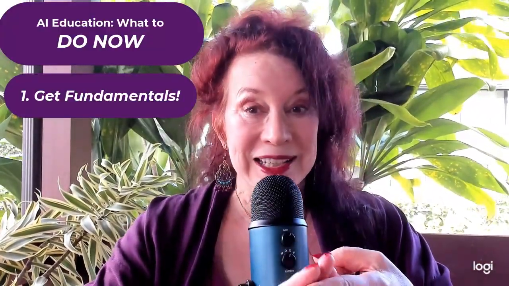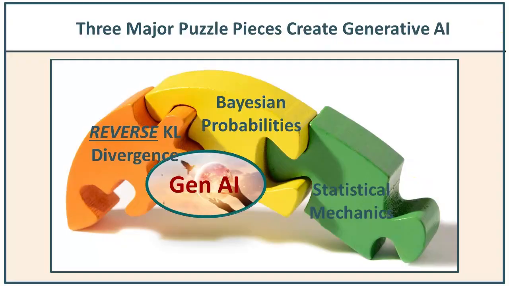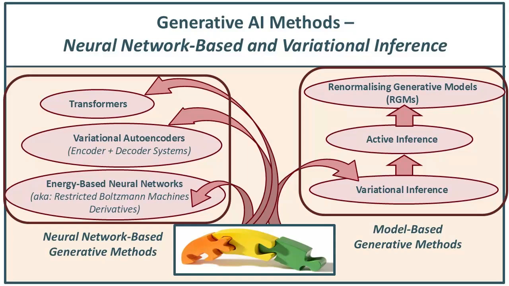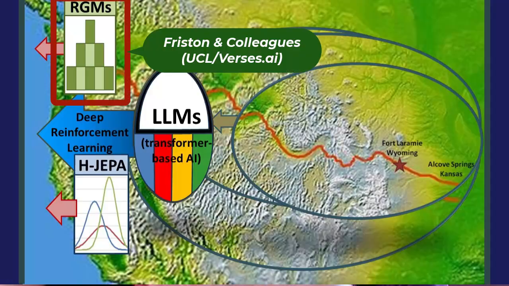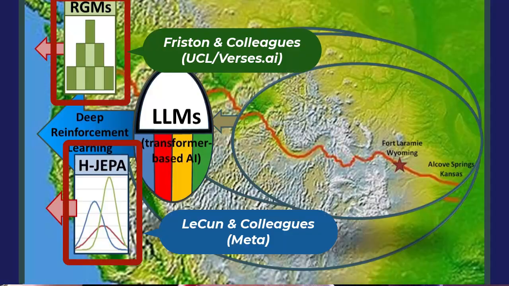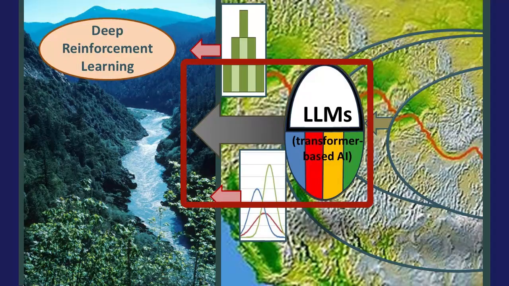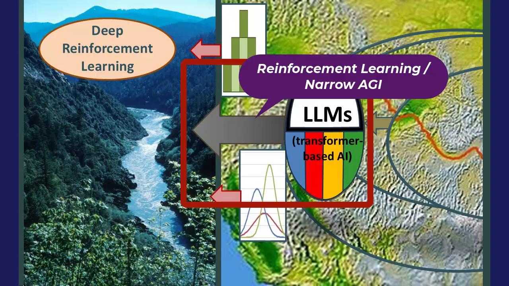Number one is that basic education in generative. And I don't mean prompt engineering for chat GPTs. No, I really do mean those fundamentals, the theoretical foundations, understanding how they contribute to all aspects of generativity. Second, getting your people qualified in the outer edges, the Friston, the LeCun thinking that are where we are at the edge of generativity right now. A little bit of work with reinforcement learning is not bad. It's not a bad use of time, whether you're a student or you're planning corporate goals and trying to move your corporate teams in certain directions. It's not bad, but it's limited. It's not going to carry us far.